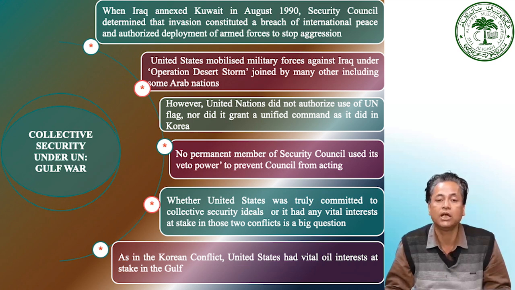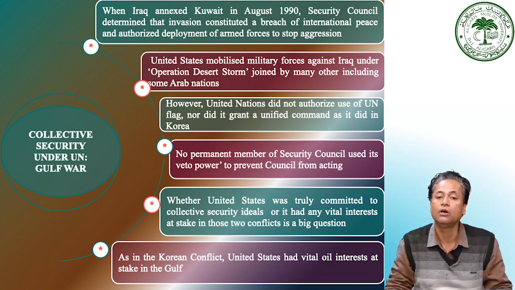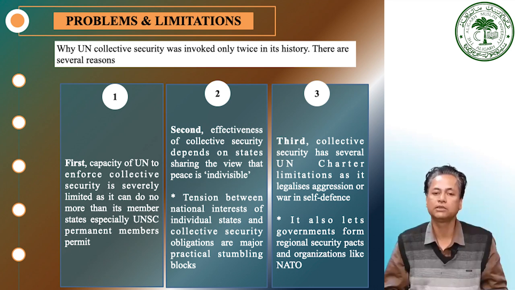There are similarities, there are differences, but the interesting point is that these are the only two events in the history of the United Nations when the principle of collective security actually operated under the United Nations. We have already discussed how the oil interest of the United States in the Gulf region was important for its economic development, and that was the major reason why it decided to support Kuwait in its efforts to get its political independence and sovereignty. Now let us discuss the problems and limitations of the working of collective security provisions under